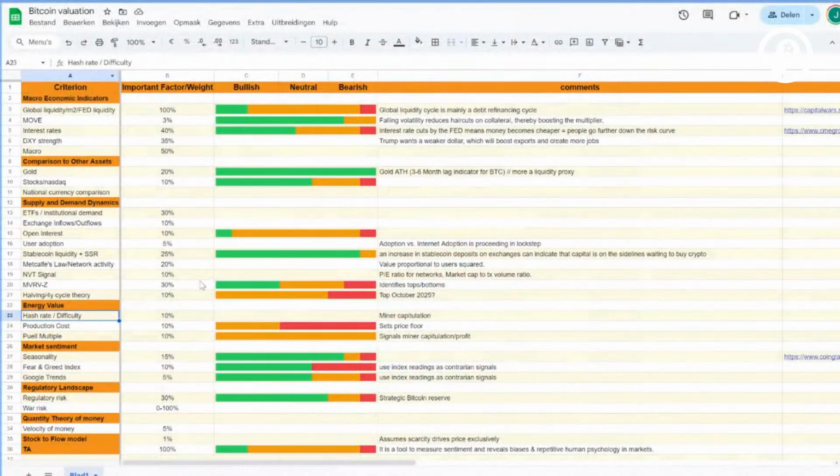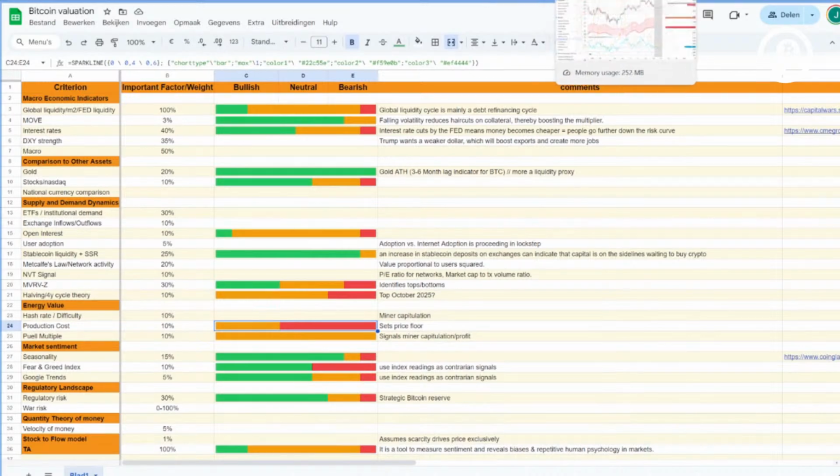So this is still, to me, this is, what did I see? Maybe I didn't change it. So, yeah, it's not bullish. Why? Because the energy value is a little bit lower. You can use that, for example, to buy spot Bitcoin when it's at that price. I think 10% is maybe a bit too high. Maybe the importance factor is 5%. You don't need to be bearish based on this metric. This is just good to know where the floor price is, basically.